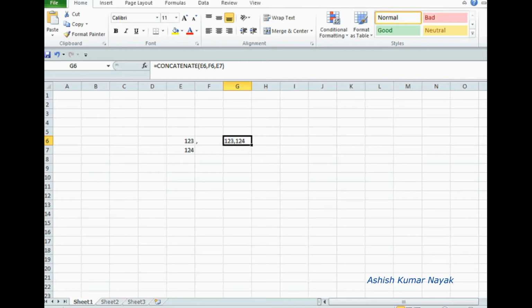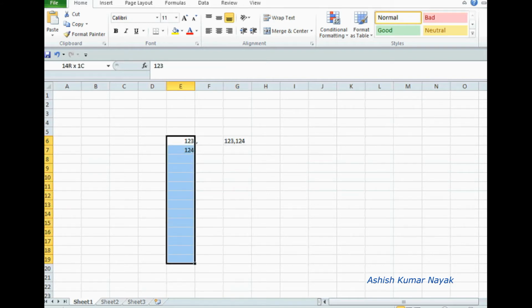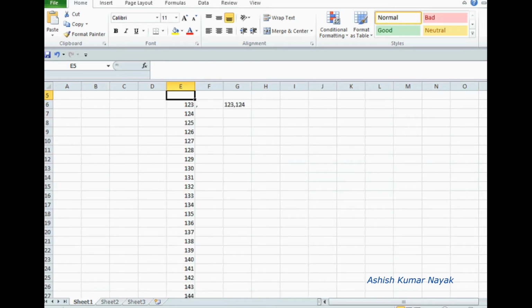If the count of these values is huge, then are you going to do it manually? Just think about it. Let's drag it, some huge number of values. Did you think what you are going to do?